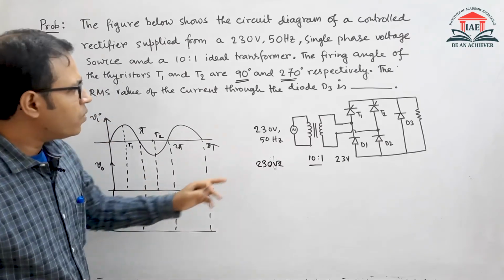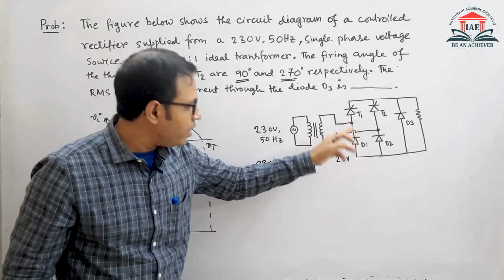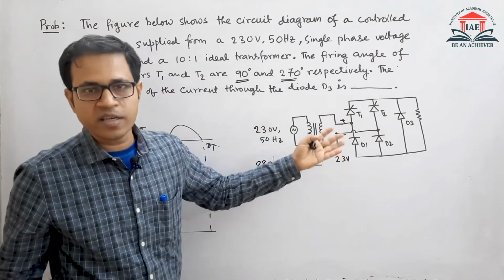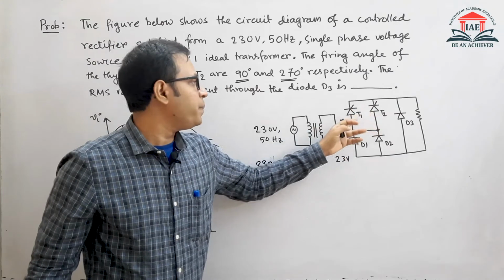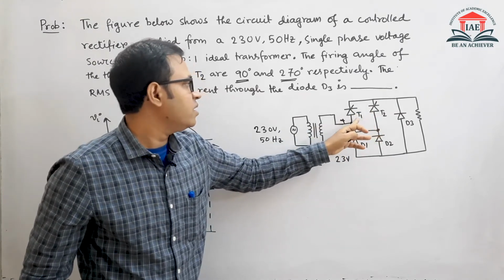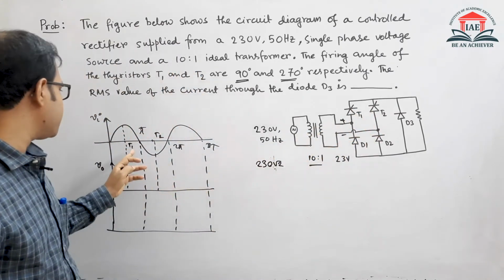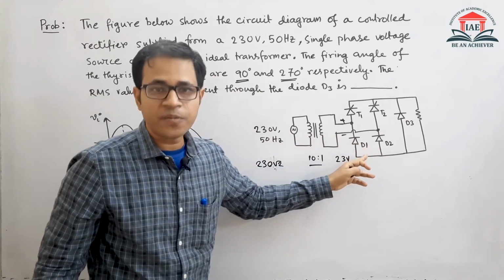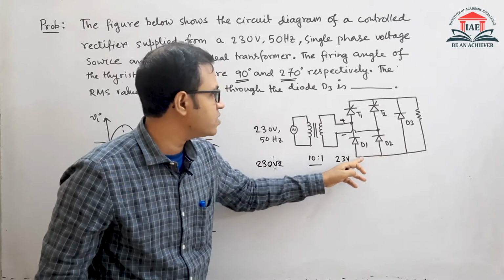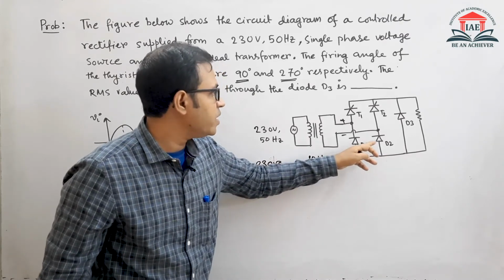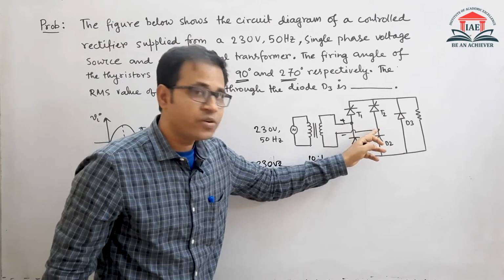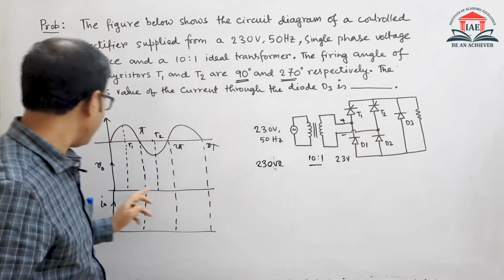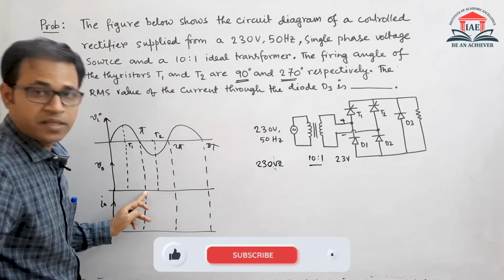Okay, fine. So let us also mark these points. Now when we trigger T1, we know that in this positive half cycle, this voltage is positive and this voltage is negative. We know that in the upper side of the thyristors, T1 is forward biased. That is why it is triggered at the point 90 degree. And which diode is forward biased in the positive half cycle? As you can see here, the two diodes are connected in common anode. So it must be the D2, which is having the least potential. That is why T1 and D2 will conduct from 90 degree to 180 degree or pi.